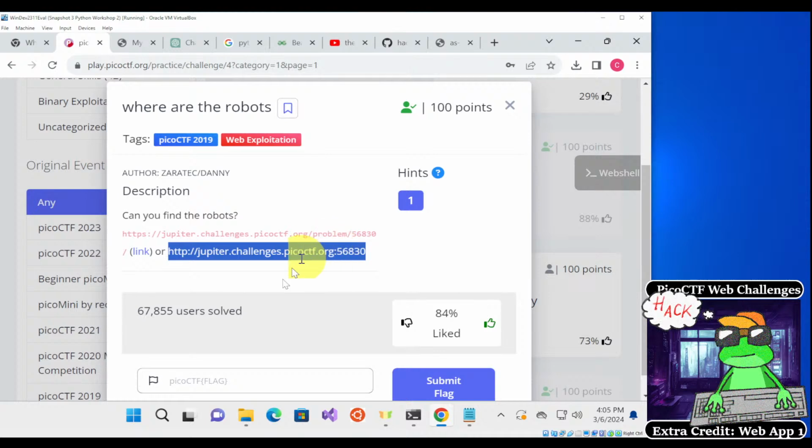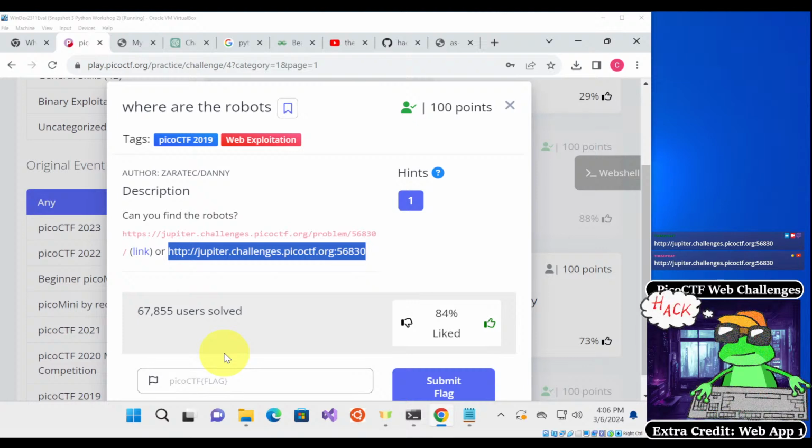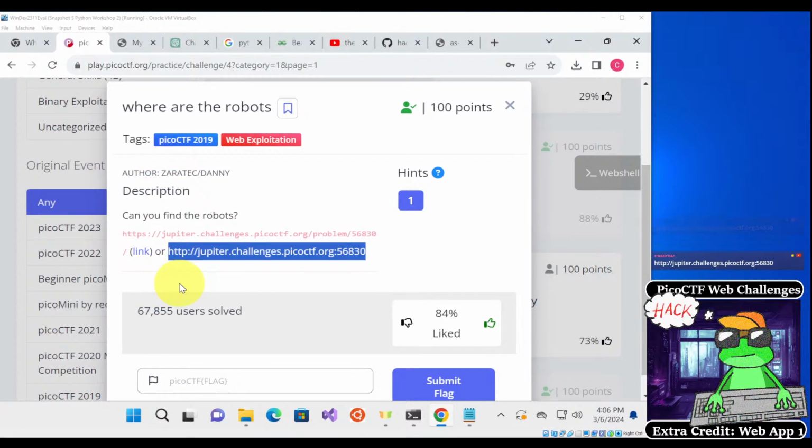So just in case you want to follow along without logging in, I don't know if you can access this website without logging in. I think you can, but just in case, you can try accessing it on your own without actually logging into the website. So the objective of this exercise here is to obtain the flag, which we obtain by